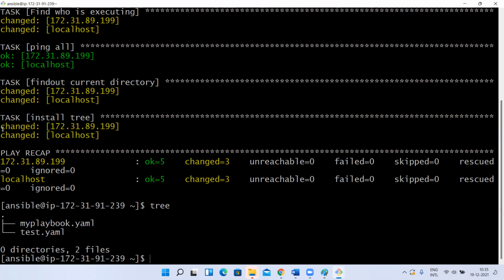So here it is saying the state is changed. So whenever I run a playbook, if you see changed, it means the state we gave in the playbook is state equal to present. Whenever our playbook went there and checked, the state was absent, so it installed. So the state has changed from absent to present. Yes or no? Yes, sir. So Ansible went and checked for the tree module. Hey, tree, are you present? No, I'm absent, it said. So it installed. So when it installed, the state changed from absent to present for both the machines.